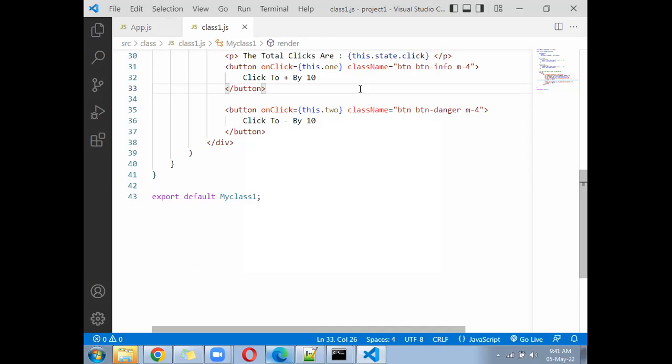When a person is born, he will not go for marriage. He has to cross 15-20 years. That is called the lifecycle method. After marriage, he has to go for kids. After some time, he will become an old person. After some time, he will die. So this is called what? Life cycle. Before 20, 25 years, you cannot go for marriage. After 70, 80 years, you cannot go to the office. That is what? Life cycle. Similarly, when you create a component in React,